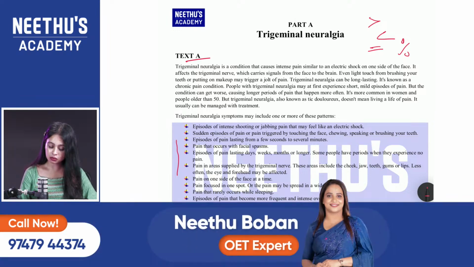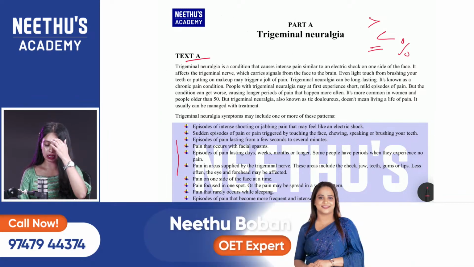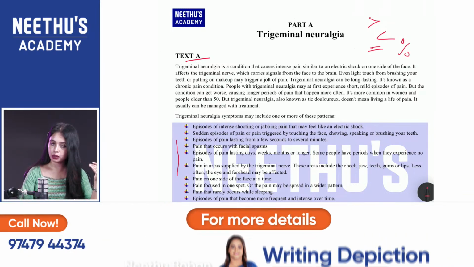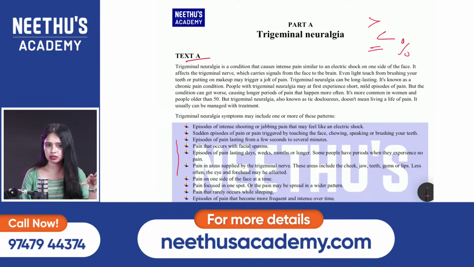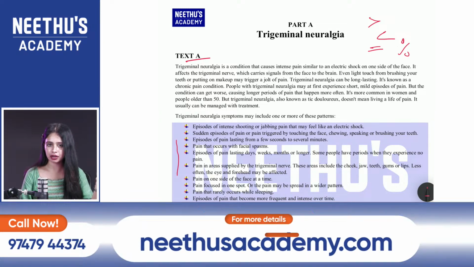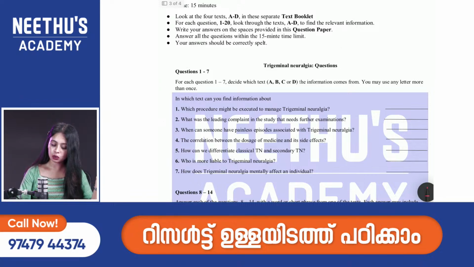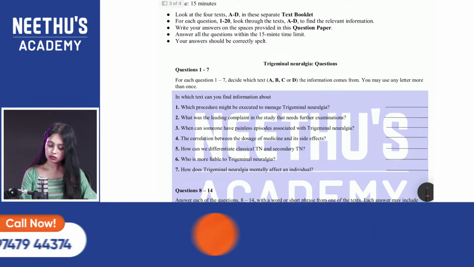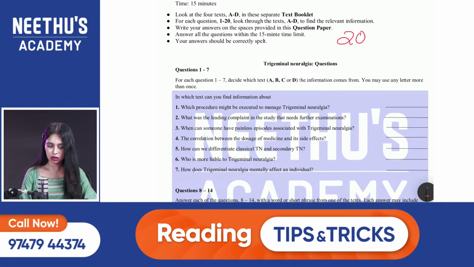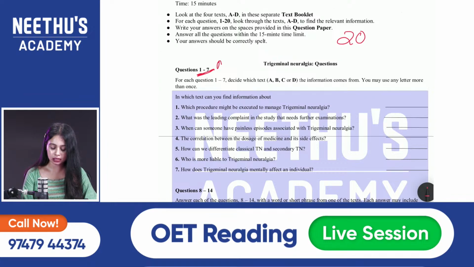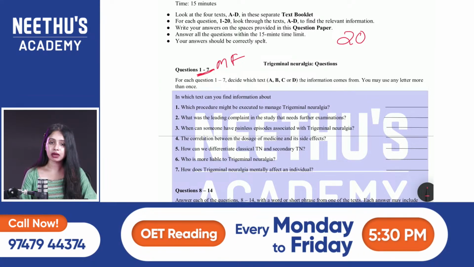Anyway, coming to this material, today I'll show you what is skimming and scanning, and how we can do the question answers, because I've put a very simple material today, also for the freshers. The questions, as I've told you, we have 20 questions in total, and I've categorized these 20 questions into 3 different sections. As you can see here, 1 to 7 is match the following.